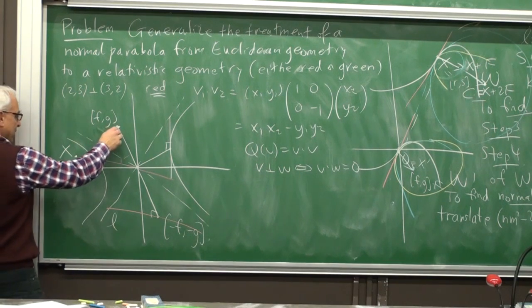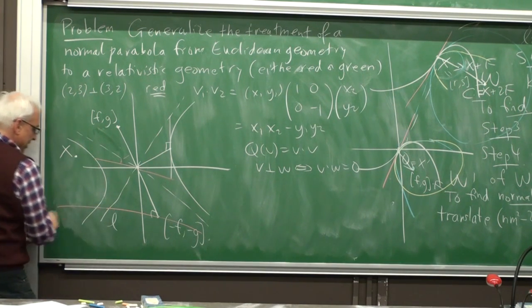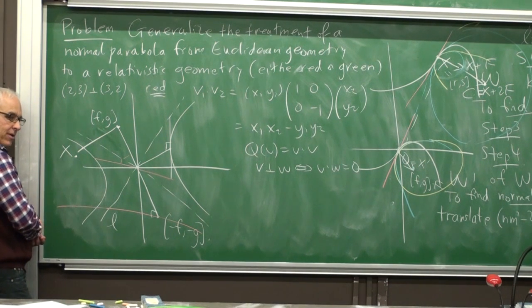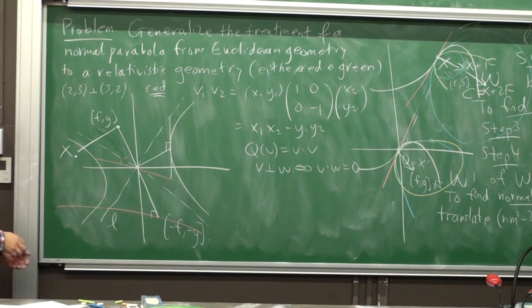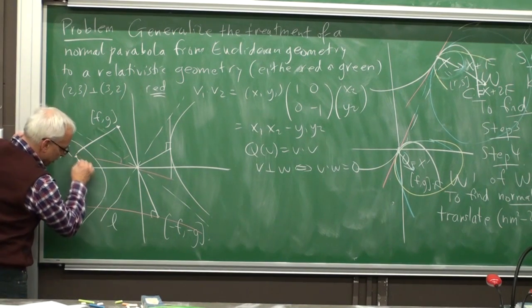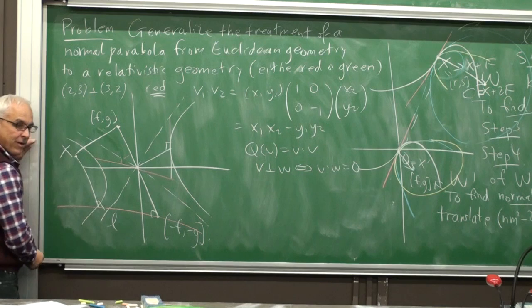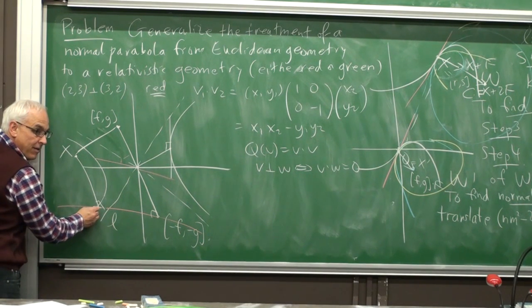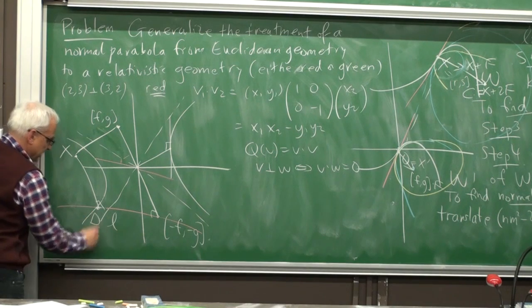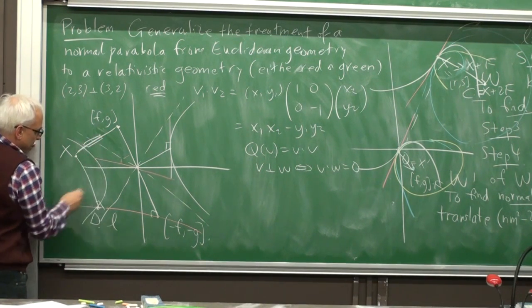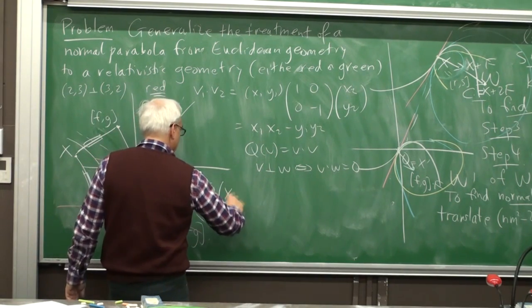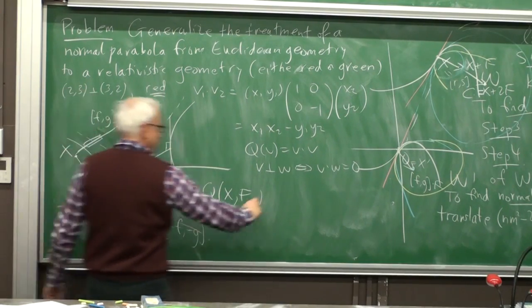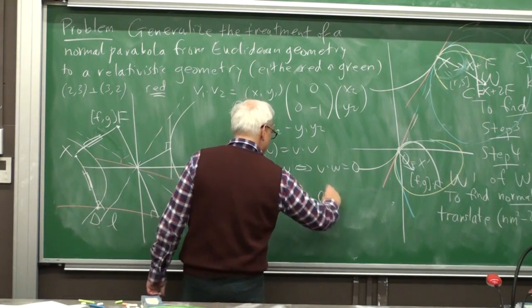So what's the parabola? The parabola is going to be the locus of those x such that this quadrance equals the quadrance from x to the line. How's that going to be measured? Well, you have to measure perpendicularly. So you have to go in a perpendicular direction, which is going to be the same as this direction, to the line. So you're going to get some foot of the altitude, maybe d. And the crucial quantity is that this and these have to be the same. So it's the same formula. The quadrance of x to f, here was f, has to equal the quadrance of x to the line.